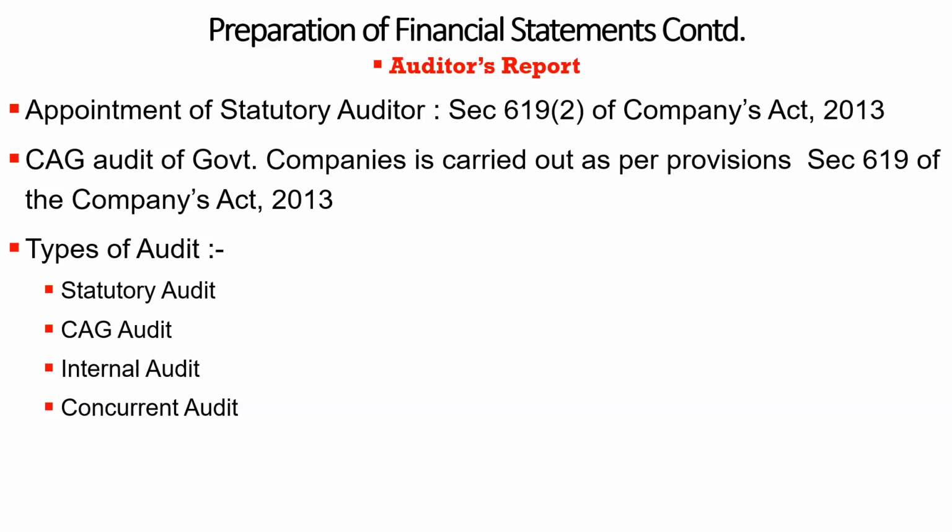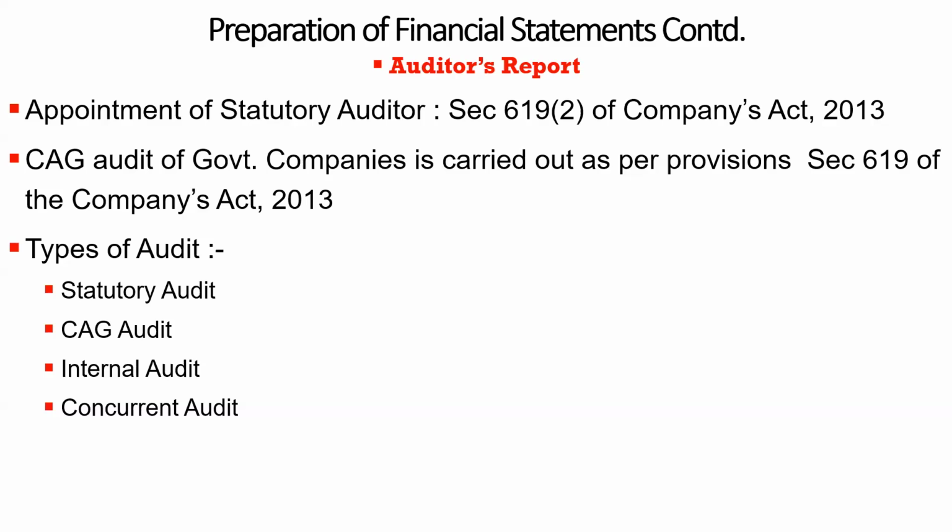There are 4 types of audit: statutory audit, CAG audit, internal audit, concurrent audit. Concurrent audit is done at the investment department as per regulation. System audit is also done in the investment department. Other than this, as per regulation, there are only 4 types of audits. Other than this, there are migration audit, system audit. That is a different part. Occasionally, if we have migrated the software, then there is a migration audit.